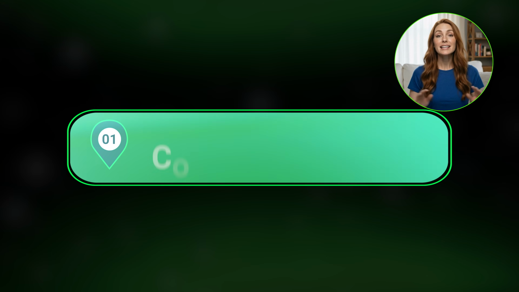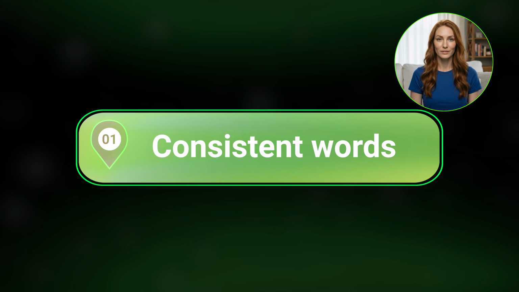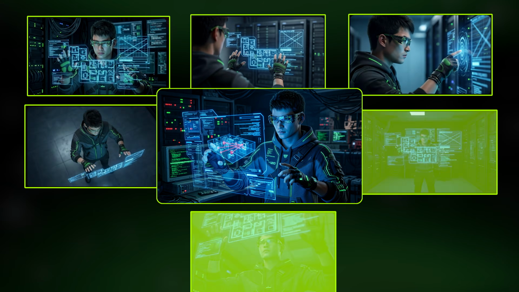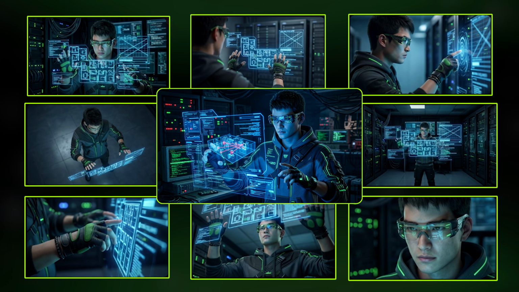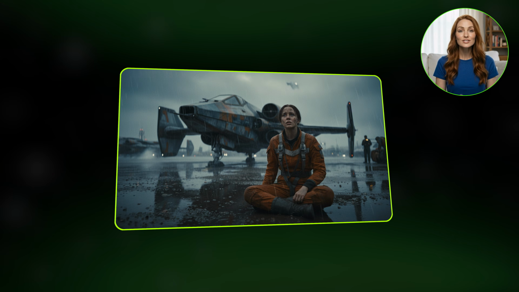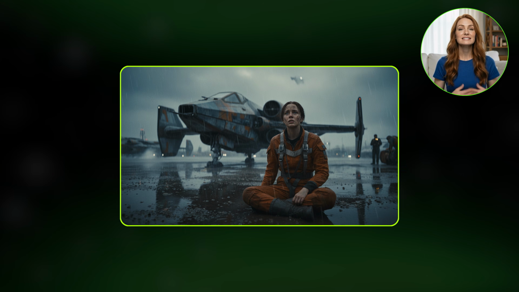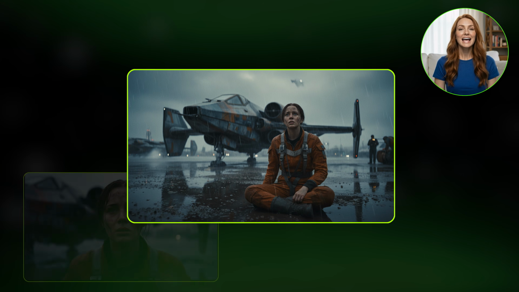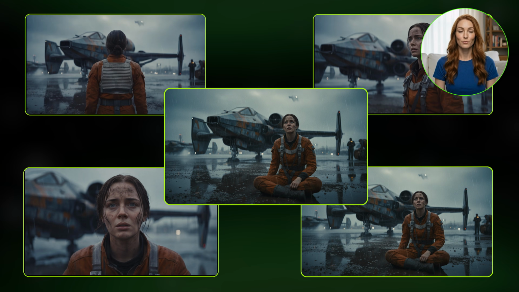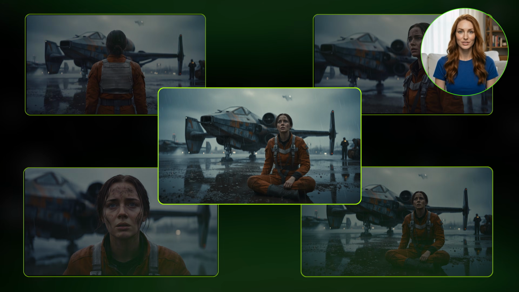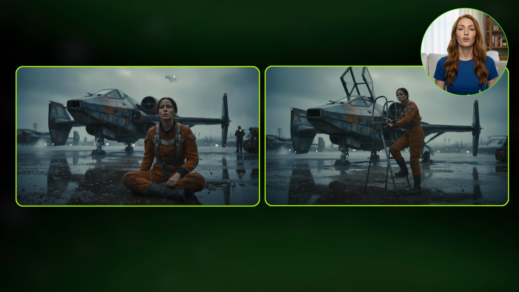Tip number 1 is that you can build an entire world starting from just a single image inside Nano Banana. So for example, if I start with this image of a pilot, she's looking into the distance. There's a spacecraft behind her. I can create an entire scene with just this single image. If I wanted to create an image of her climbing into the aircraft that's behind her, I can do that